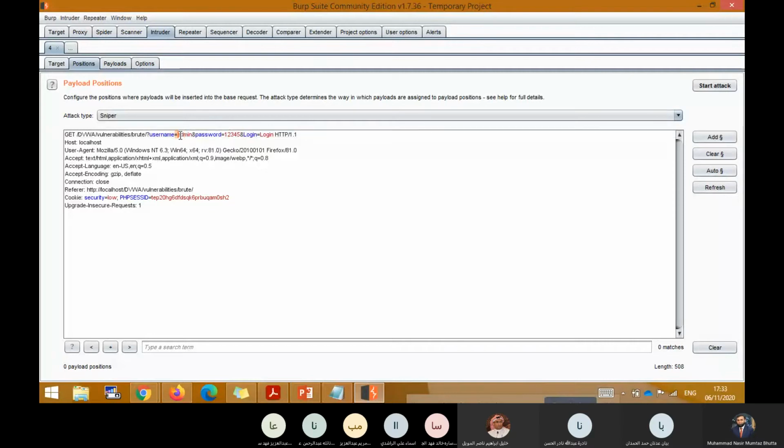So we want to know all the usernames available on the system, or at least what we can know, and all the relevant passwords. So how do we launch this attack?